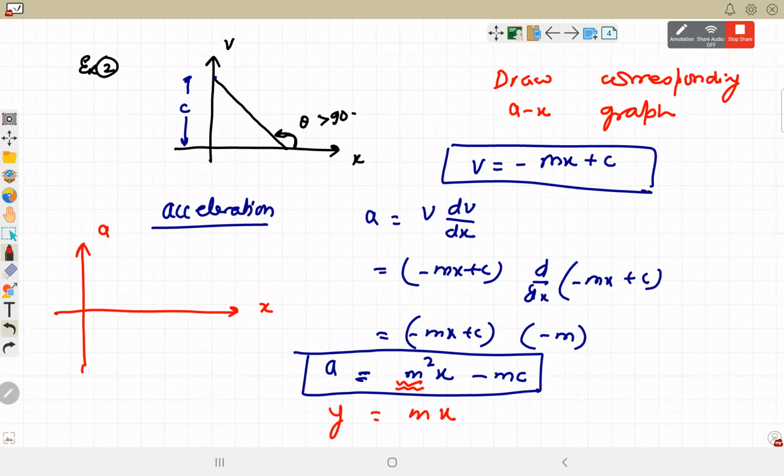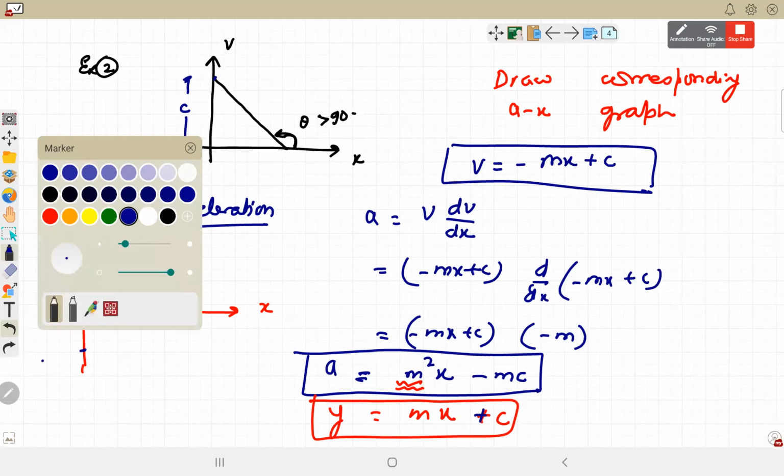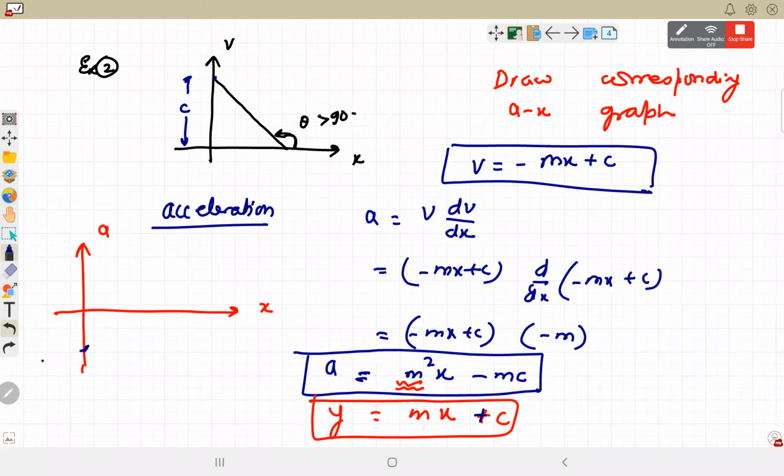Y भी लीनियर है यानी a which is on y axis this is also linear. Linear means power 1. It's not a square, it's not a cube. और c होता है y axis पे intercept. When both are linear, it will be a straight line and y axis intercept is negative, so it will start from negative. I mean m and c we just took for the reference. Actual value is not required. So to start from negative, it is a positive slope line. So this will be the corresponding acceleration position graph for that velocity graph.